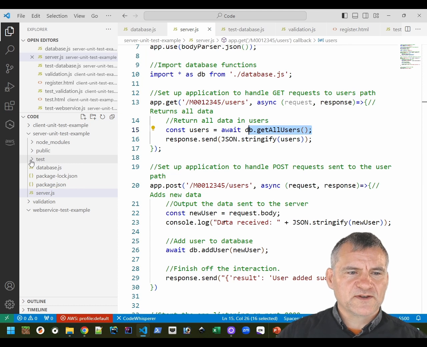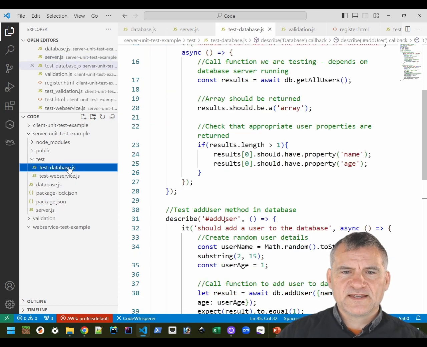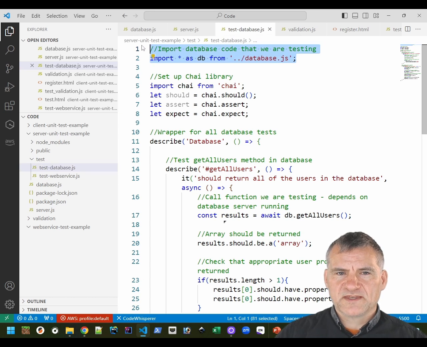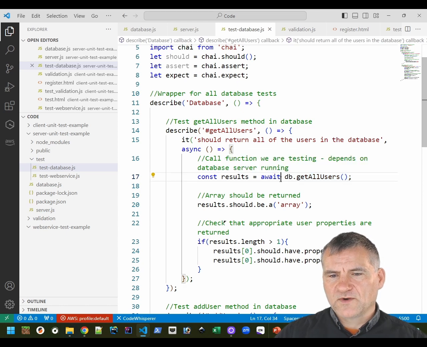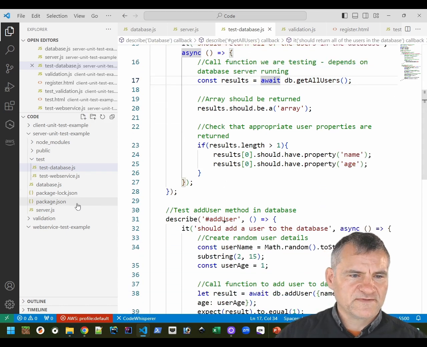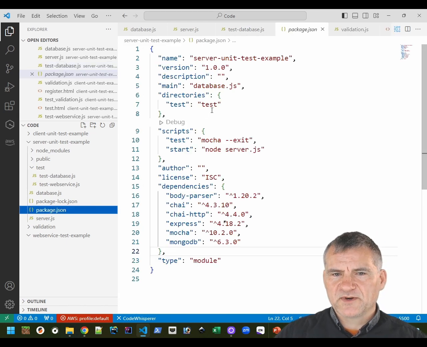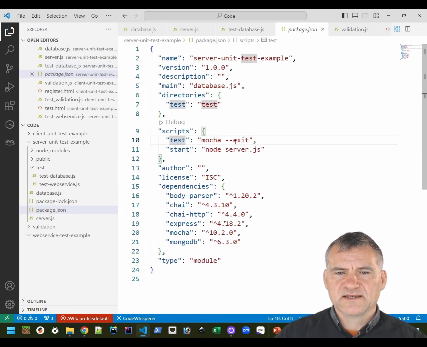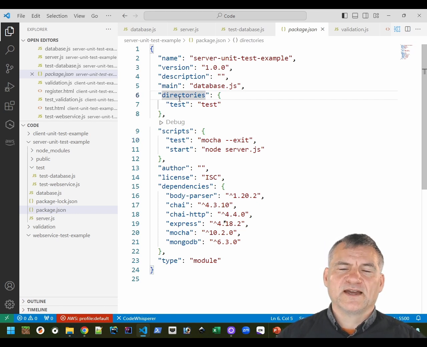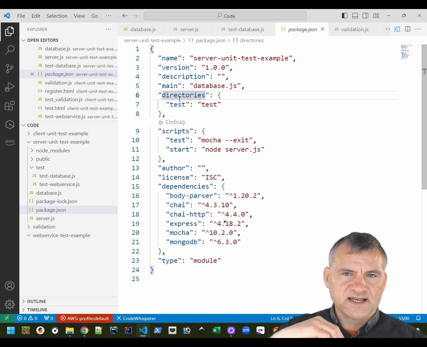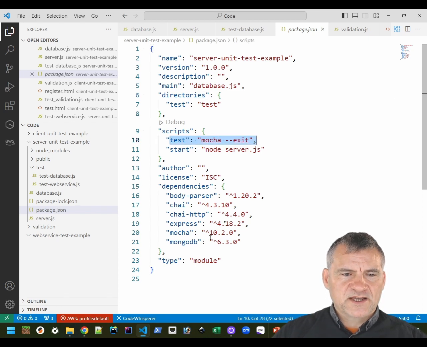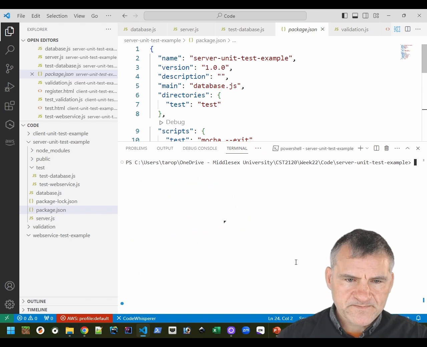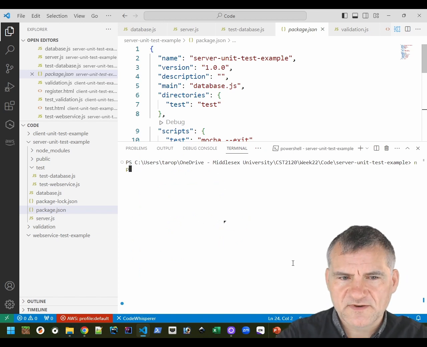So what I'm doing here is I've got a test folder, and here's my test database method, and I'm importing these functions into here. Here are my tests, and I'm calling the functions and making assertions about those functions. As I explained earlier, we can specify the test directories here, by the way. That means you can put the tests completely separate from the main code, which is better practice. But at the moment, it's just a subdirectory for ease of use. Here I've added the test to package.json so that it'll actually work and run. So that's the file structure, and to run it,